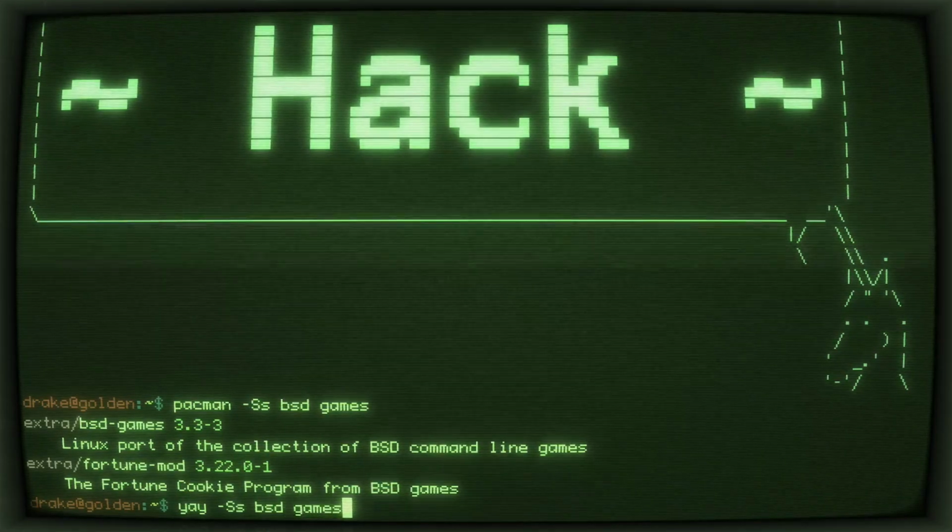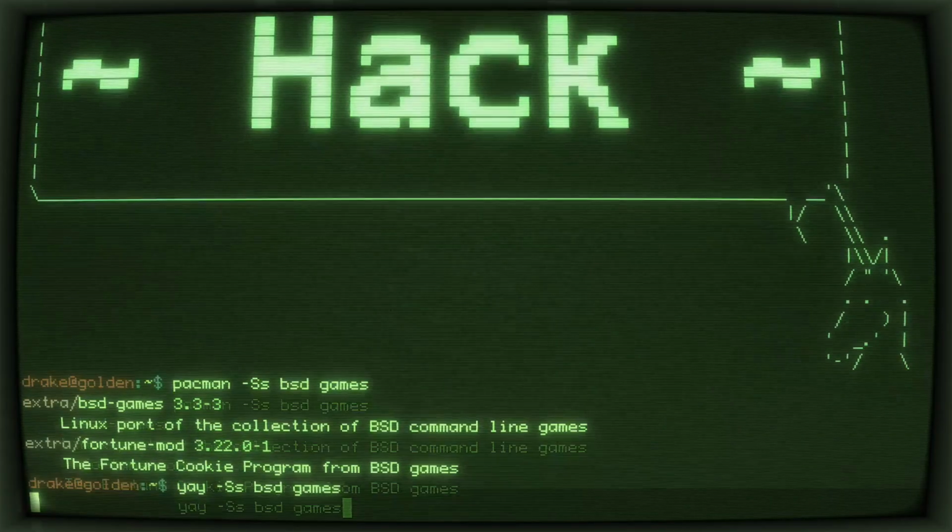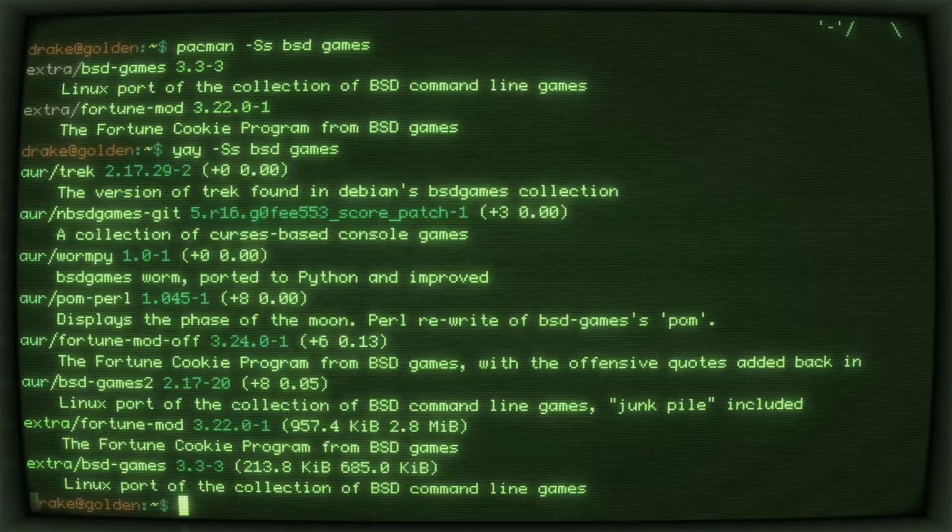So I'm going to use Yay, my AUR helper, and if we search for BSD games again, now we also see bsd-games-2. Junk pile included. So that's the one we want, that's the one that's going to include Hack.